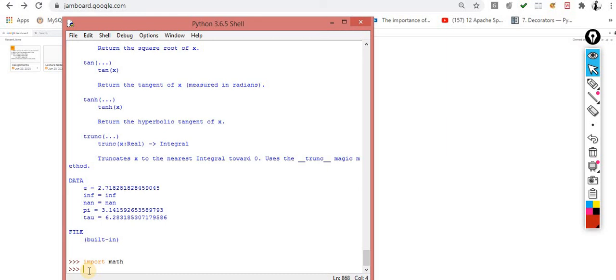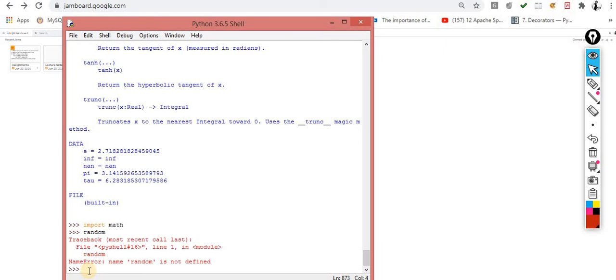Now, an important module is called the random module. When I use this word random, automatically a picture of random values comes into my mind. So this one is important. Inside your Python examination, they ask 1 or 2 questions from the math module, and they also ask 1 or 2 questions from the random module.